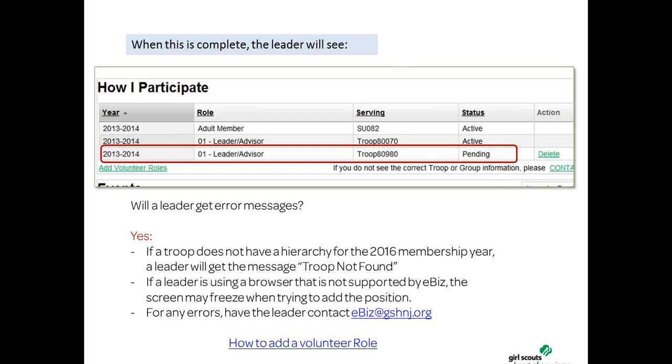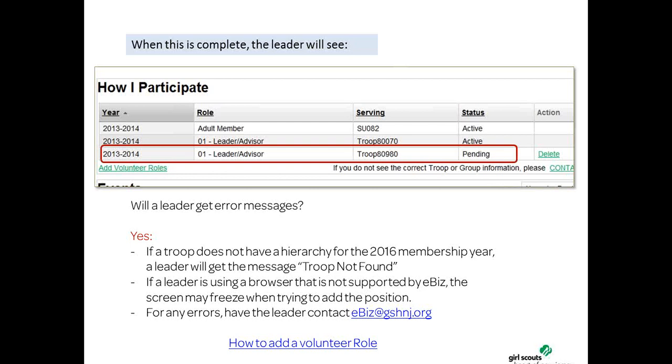And also, if you are using a browser, what generally tends to happen is your Internet Explorer, your Firefox is advancing and they're going through upgrades faster than the eBiz system. So sometimes when that happens, there's a freezing or a blank screen. What works best is if you go down to a lower version of the browser, or changing, if you're on Firefox, then change to Internet Explorer. Usually changing your browser will get you success in registering.